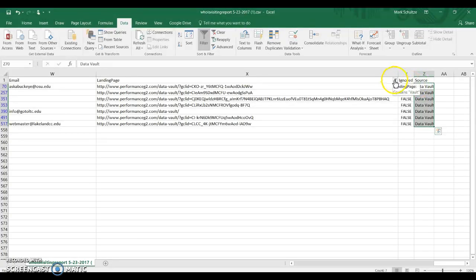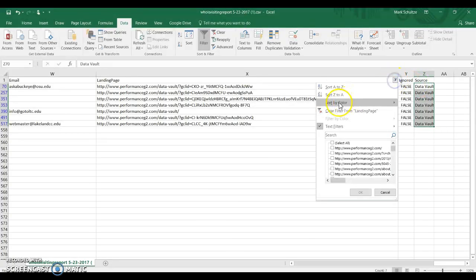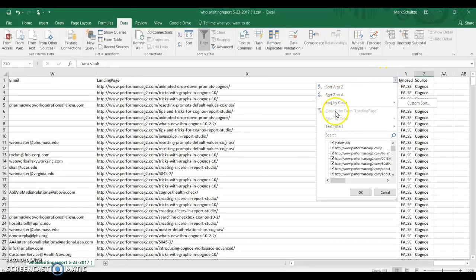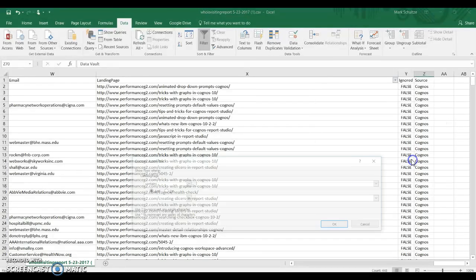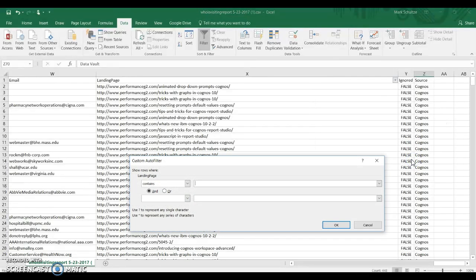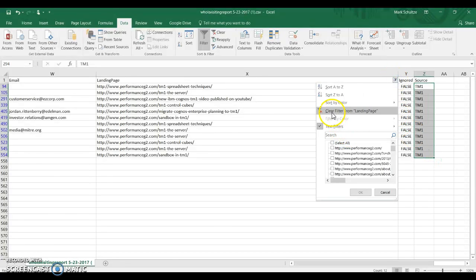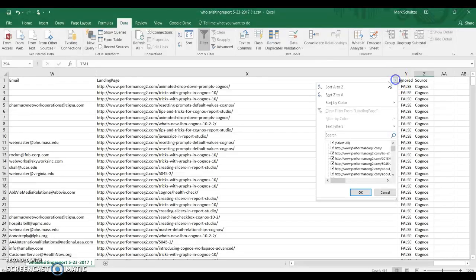Now I'm going to go back up to this drop down arrow here. I'm going to clear that filter, go back up, and I'm going to do text filters, contains. Let's do TM1 now. TM1 in this field, hit OK. So now I come back up, override Cognos, put in TM1, drag this all the way down, come to the drop down, clear, drop down, text filters,